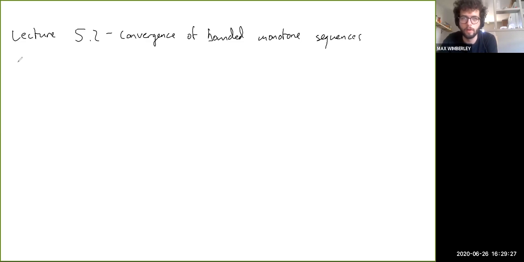Okay, so we know what monotonic sequences are now, or monotone sequences. They're just sequences that either always increase or they always decrease. And so now I want to prove the first big theorem about monotonic sequences, which is that if you go